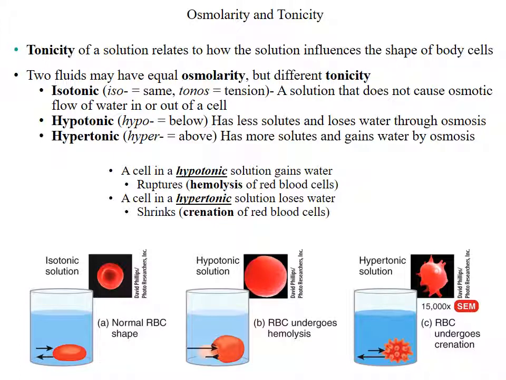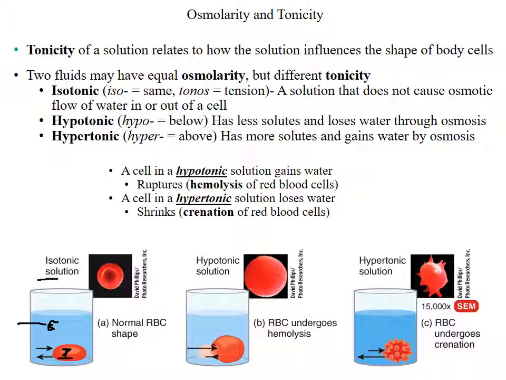So we're going to talk about tonicity, which relates back to osmosis because we're talking about the movement of water, but we're talking about how the movement of water will affect the shape of a cell by comparing the solution outside of the cell or the extracellular fluid with the solution inside of the cell. So we're comparing the solution that is external, the extracellular fluid, to the intracellular fluid. In these three very special cases down here,